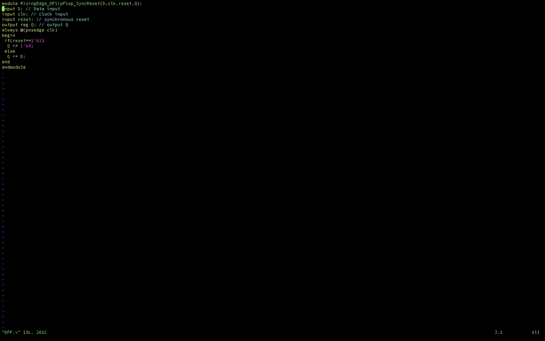Here, the module has four ports: D, clock, reset, and Q. D, clock, and reset are the input ports: D is the data input to the flip-flop, clock is the clock input, and reset is the synchronous reset. And this is the output port Q.